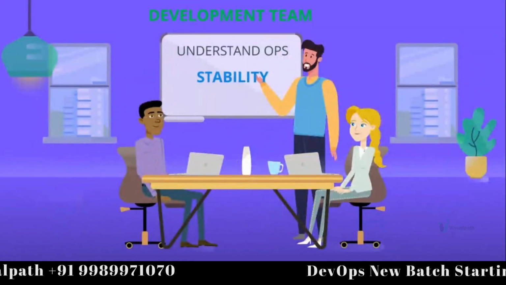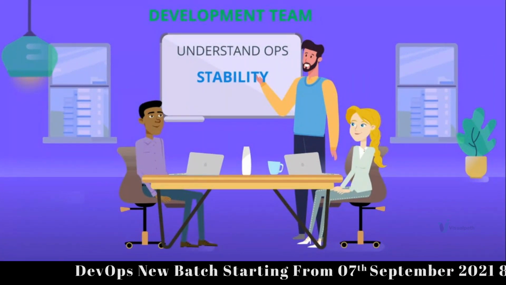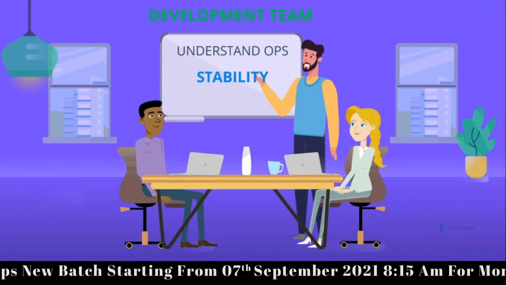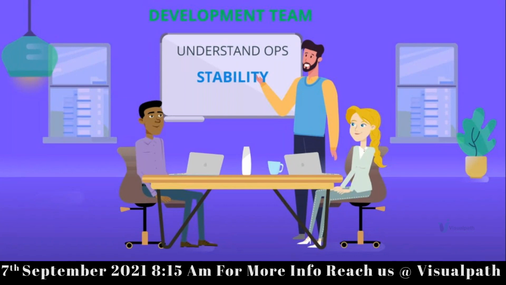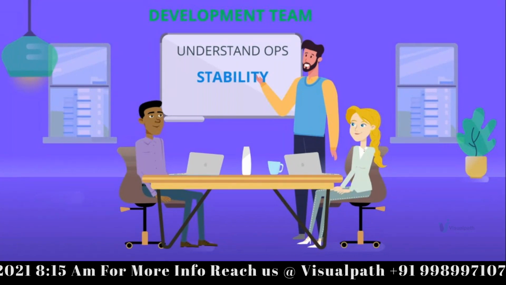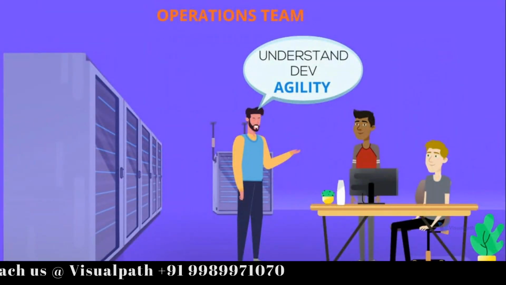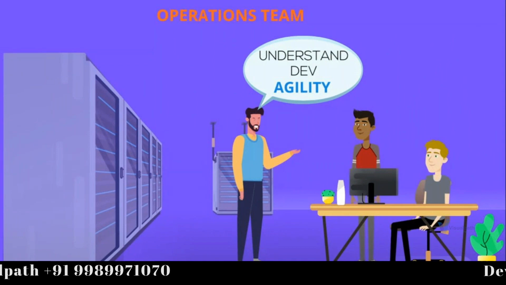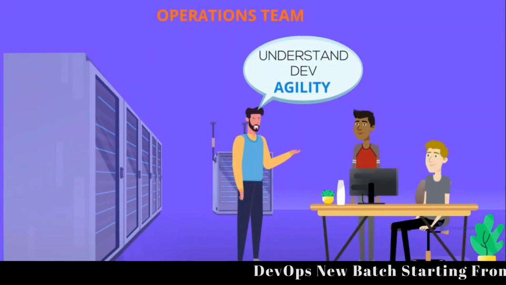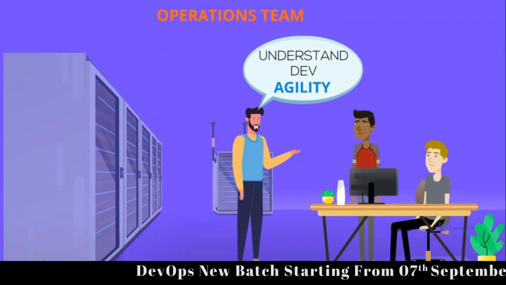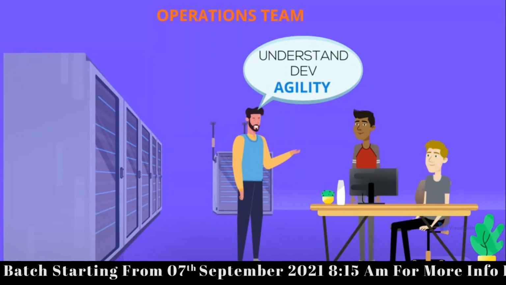Okay, how does that work? So Gagan goes to the development team and explains the concepts of stability. What does stability mean? What is ITIL, and everything. So he basically makes them aware of the other side of the wall, how things work. And he explains to the operations team about agility. Yes, you have your ITIL, but it's not going to work out. It's the time where you need to do things faster, much better, much more efficiently. So he makes them understand the other side of the wall.